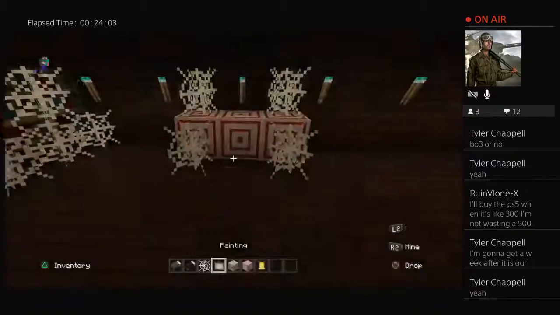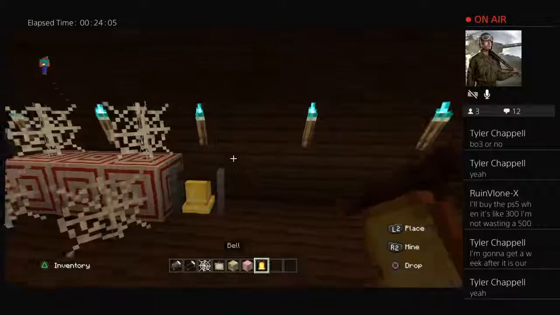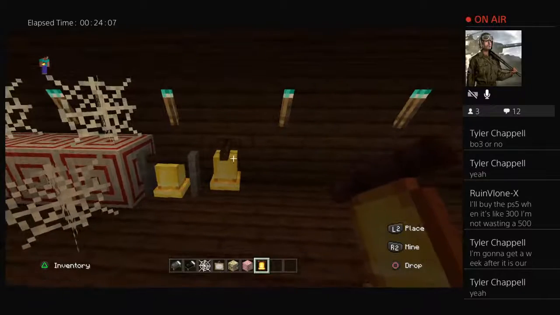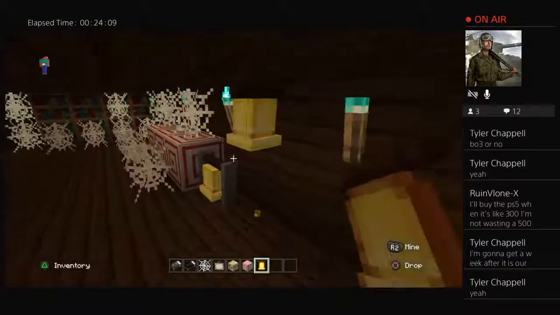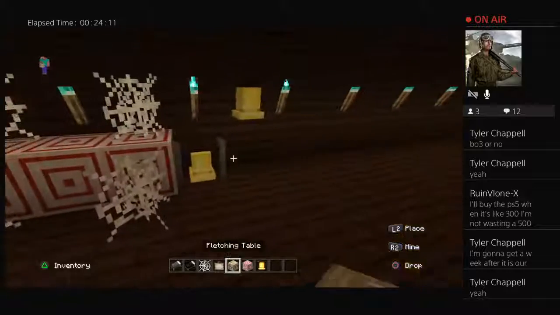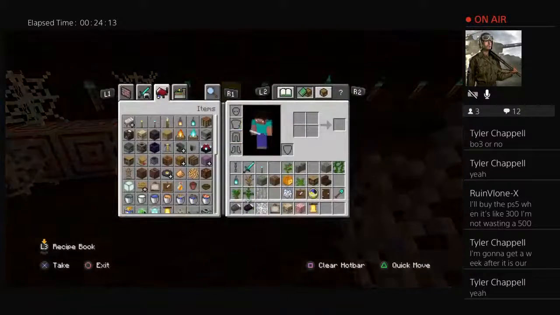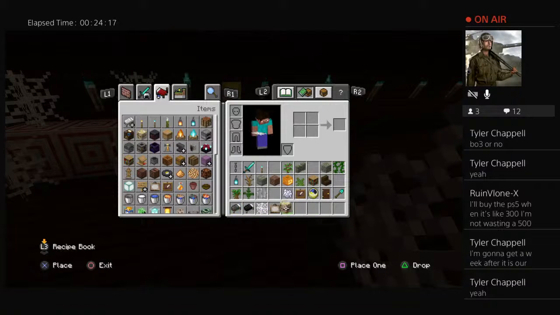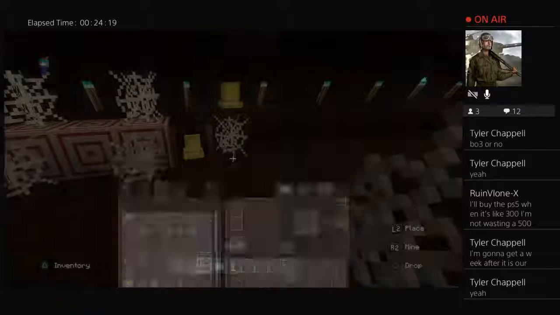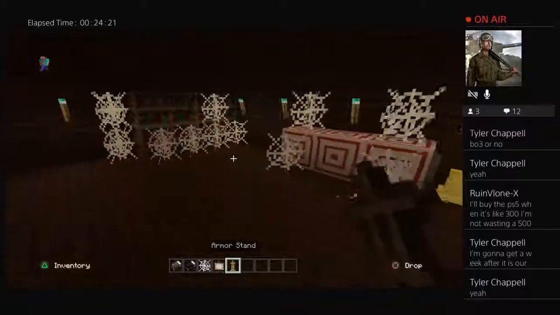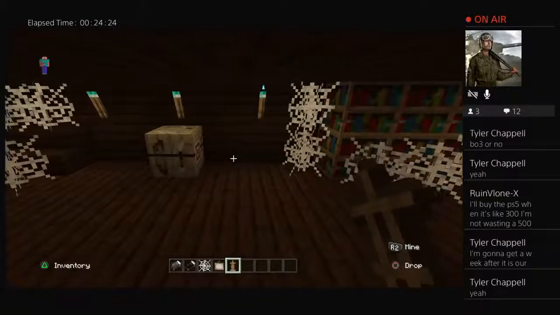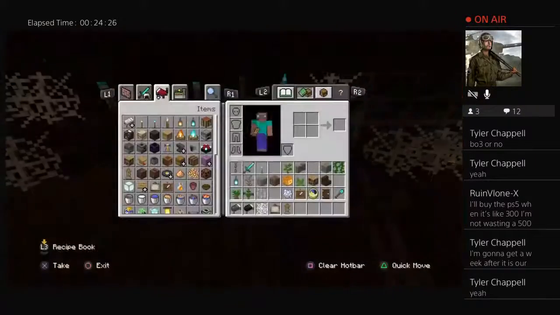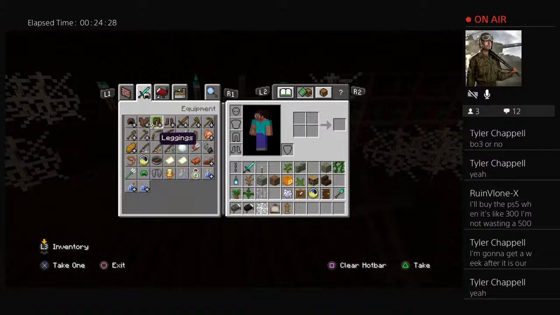It doesn't have to be anything in particular, just old stuff that would no longer be in use. Like bells, or maybe targets and fletching tables, empty armor stands. Anything that can make it look like it's no longer in use anymore. Maybe a set of